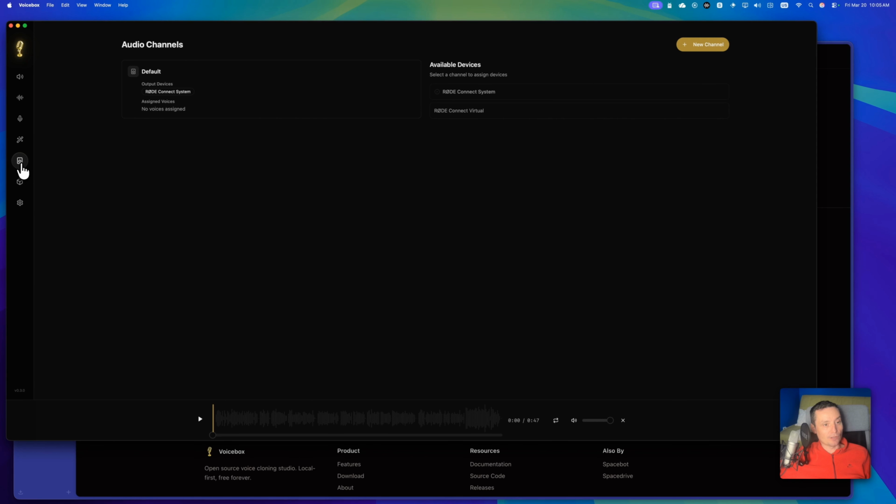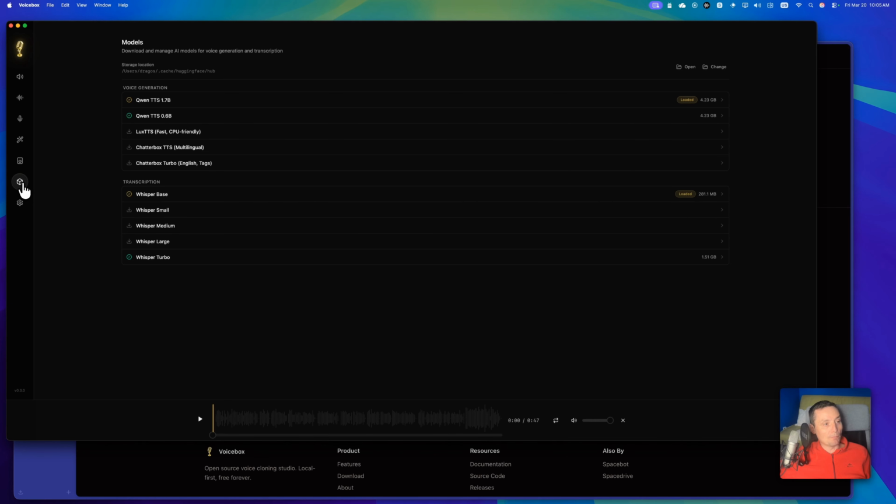And basically in here you have the audio settings. So in here it will just connect to your default things. So basically you see in here that audio channels, right now it is using the Rode Connect system, so you can hear how this is sounding. And in here you have the model part, and in here you see that you have the voice generation models, and basically you see that you have the Qwen TTS 1.7, and it has about 4.23 gigabytes. This is a smaller one, and you have the other ones that you can use like Chatterbox Turbo, Lux TTS,